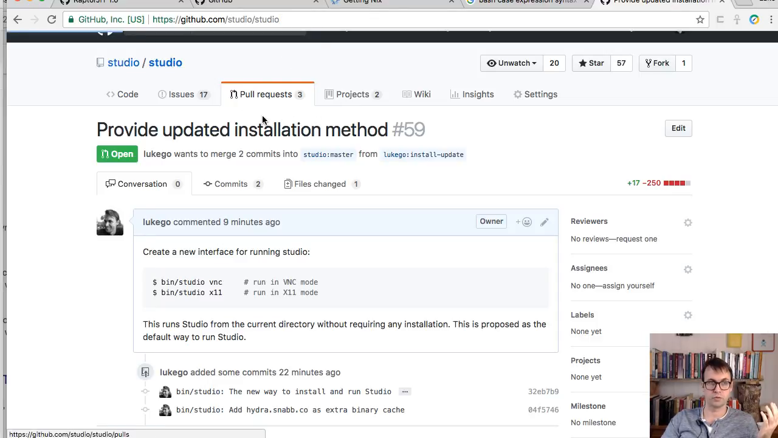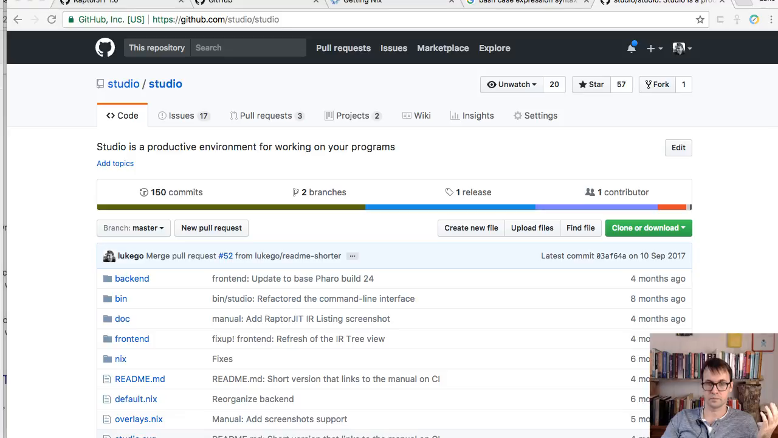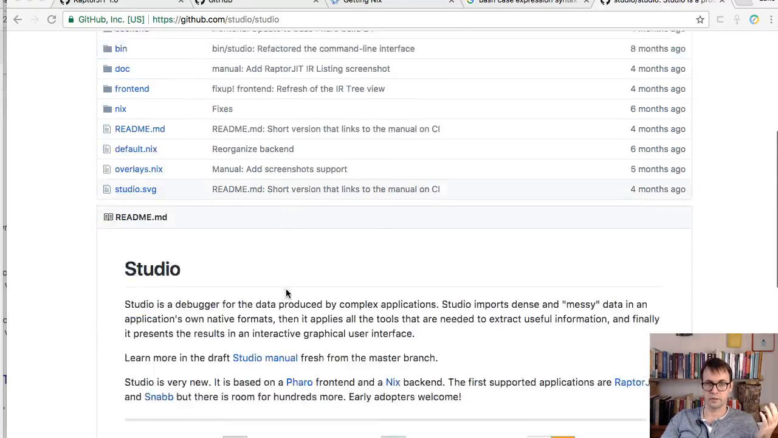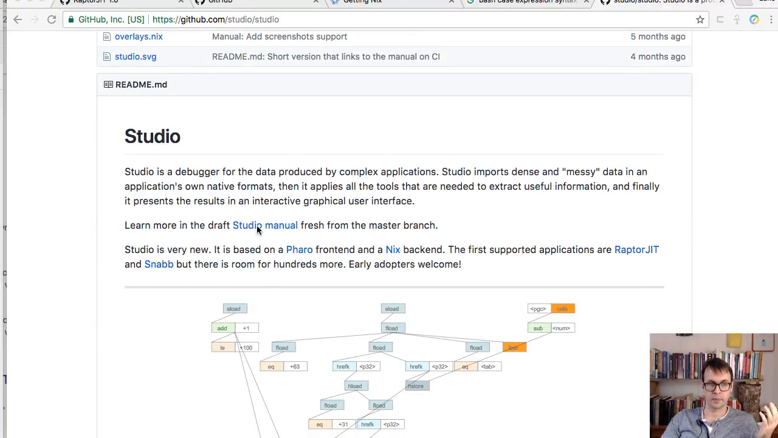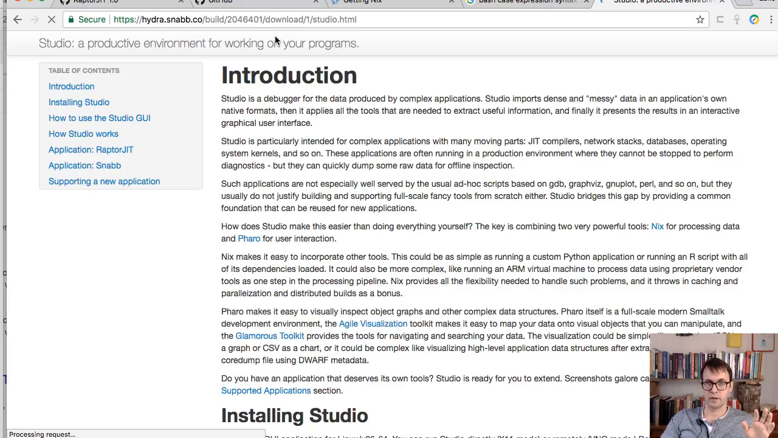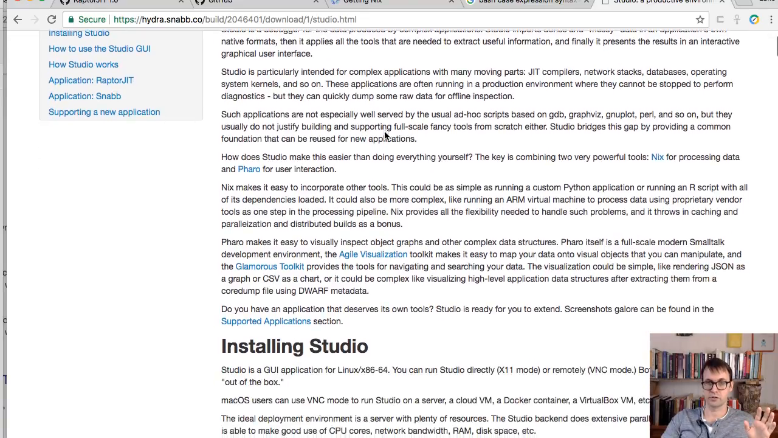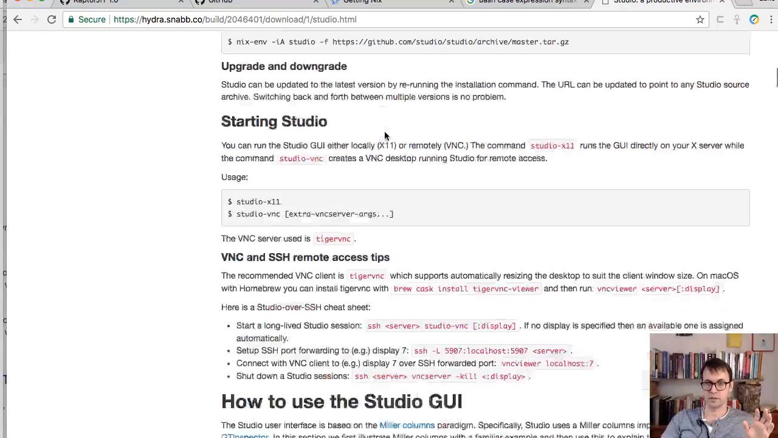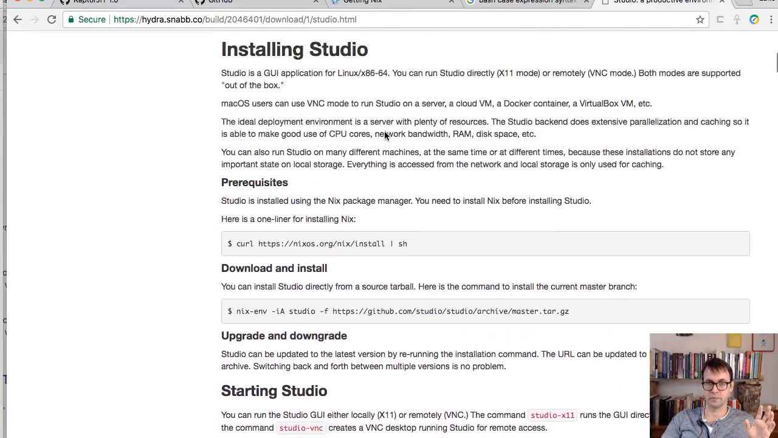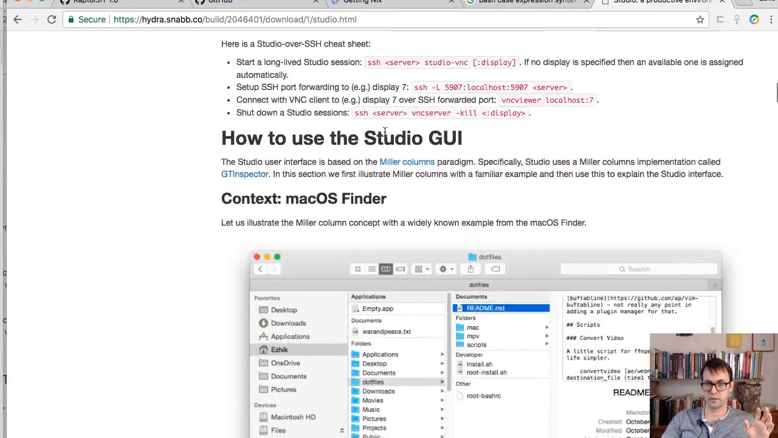If we pull up the Studio repository, then we get a link to the manual, and that's actually linked to the continuous integration server and the latest build for the master branch. So what we see here is something that has built automatically on CI, and that's a canned screenshot. But if we go down a bit,